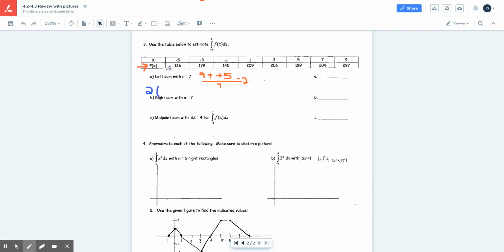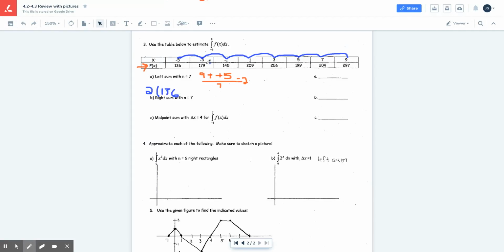And then what we're going to do is every 2, plus 2, plus 2, plus 2, plus 2, plus 2, plus 2. There's our 1, 2, 3, 4, 5, 6, 7 rectangles. And we are going to do a left sum. And our left sum means here's our first rectangle from -5 to -3. You take the left hand side's height first. So that's going to be